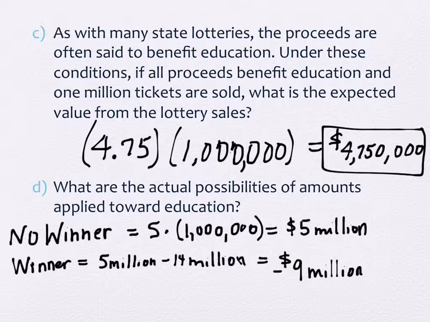Now, the negative 9 million is less likely to happen, right? We get that. But it's still a possibility, right? So we either hope for somebody to win, which does not benefit education, right? Or we hope everybody loses. Still doesn't benefit education. I mean, this is not a good scenario. Agreed? It's not so good. But wait, what if